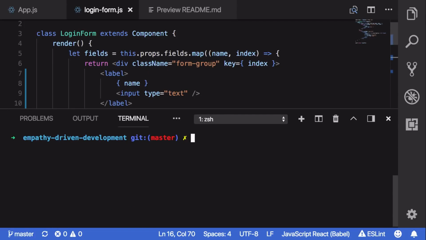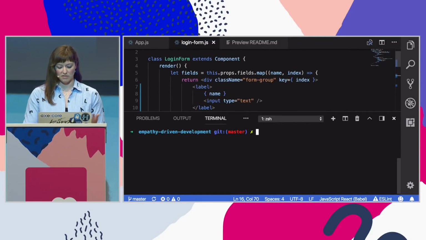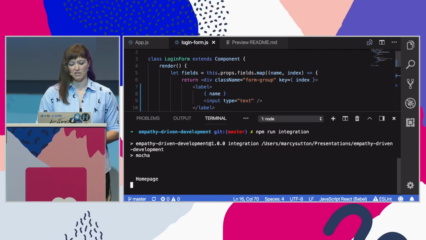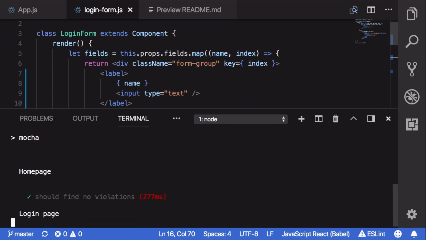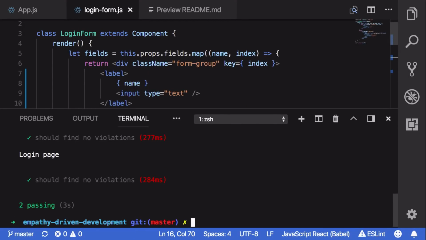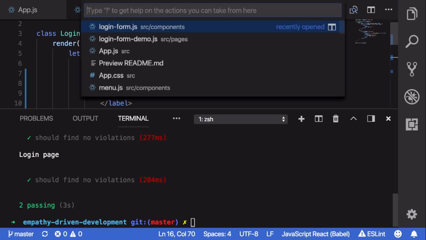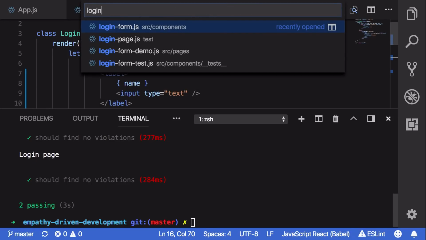So to test this, in the spirit of test-driven development, I'm going to apply Selenium WebDriver. I have a script in my package.json file called integration. So I'm going to run npm run integration. It's going to use Mocha, fire up the app in the browser, and it has found that there are no violations in this. If we go look at this test,